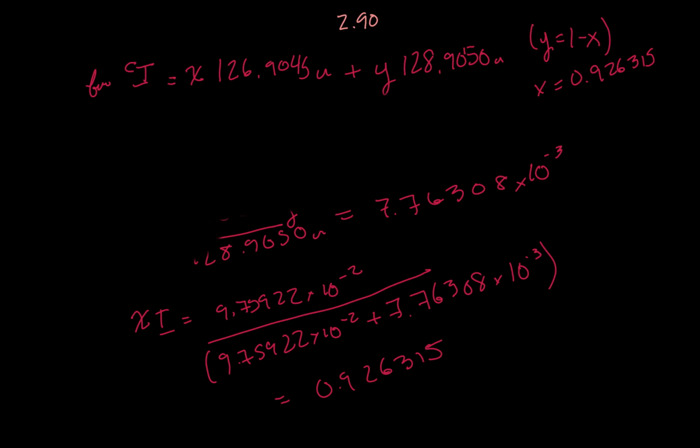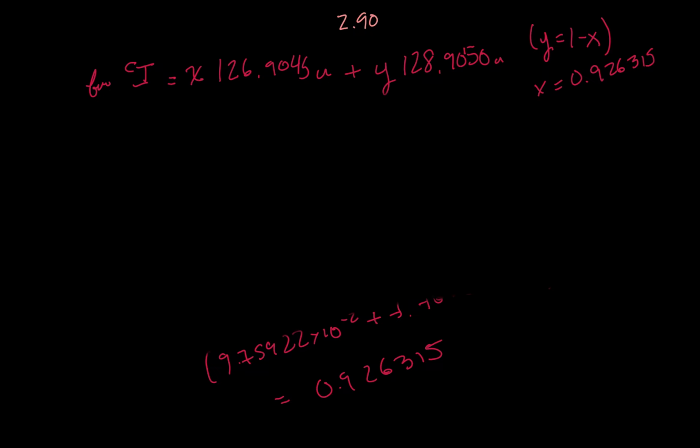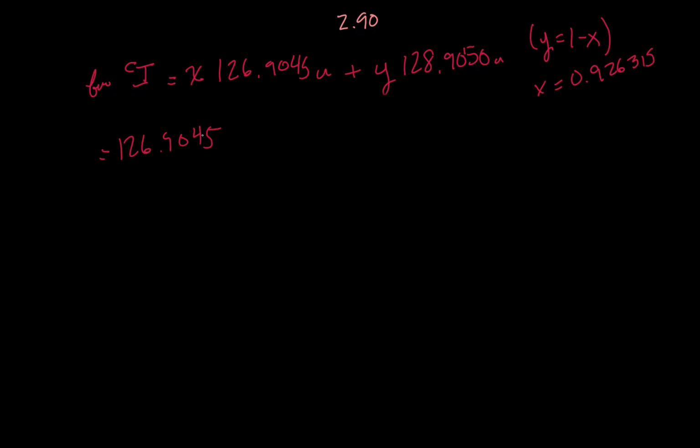Okay, I'm just going to make some space. All right, so to find this value, we plug this thing in and this thing in for this, and we solve these things exactly like we did in the nitrogen question. So we're going to have 126.9045 grams per mole times X value, which is 0.926315, plus